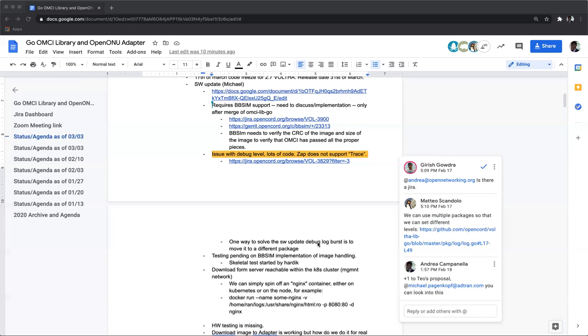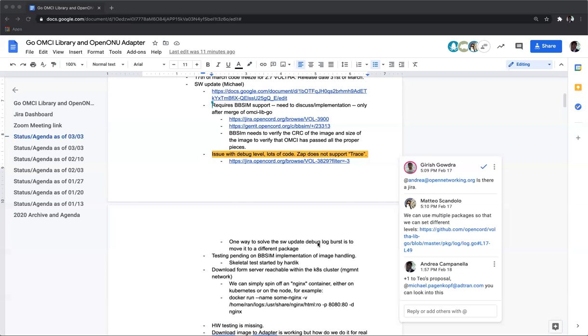Yeah, I think that's still okay, but currently the commands that we have, right? We use the voltctl command to download. I don't know if that is going to change, but yeah, I think we still can. I think we just have to expose something out of it, right? So the command will only have a different IP address to download the image. Exactly. Then we can use it. Yes. Because currently, even for other purposes, we are using BBSIM to mock most of the stuff, right? For the staging server and all those things also. So yeah, I think that's fine.